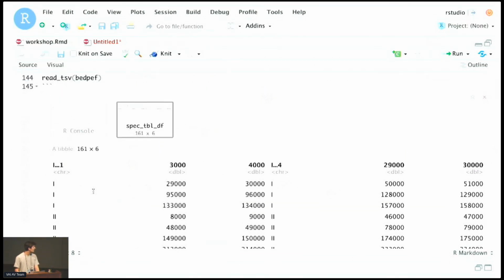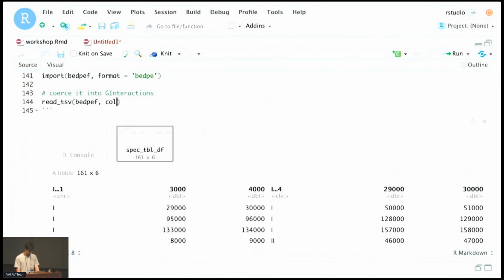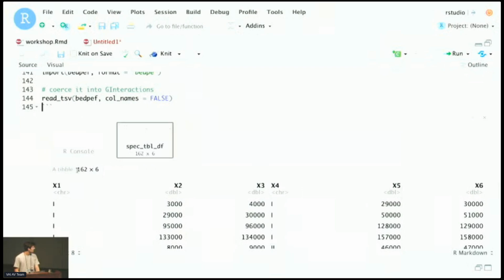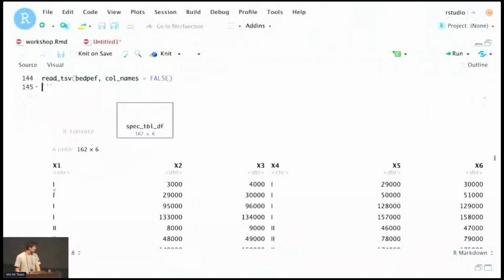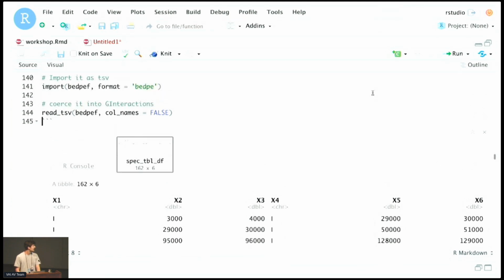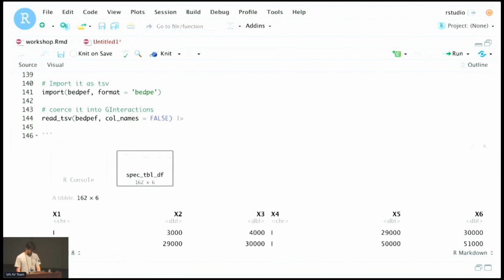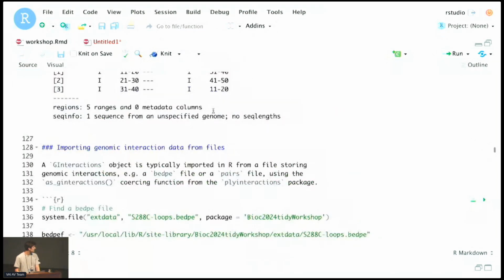And so now we end up, again, with the column names. We have a table that has 162 rows and 6 columns. These 6 columns are anchor 1 chromosome, anchor 1 start, anchor 1 end, and then anchor 2 chromosome, anchor 2 start, and anchor 2 end. I need to specify that when coercing into the as GInteractions, and then I have to say seqnames 1,